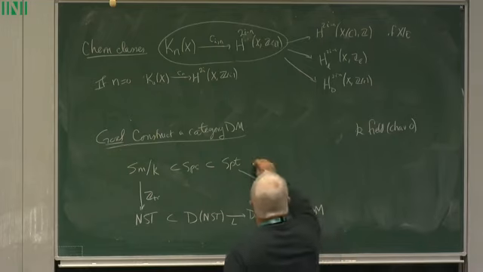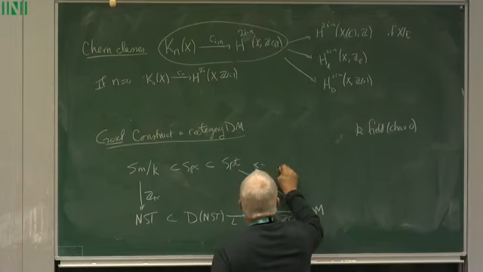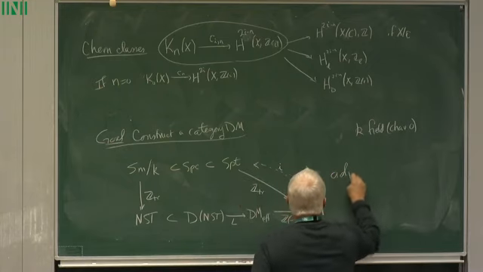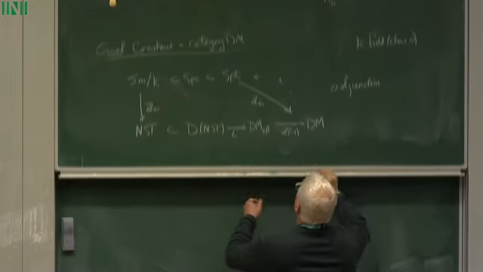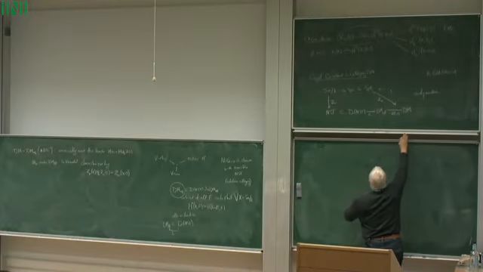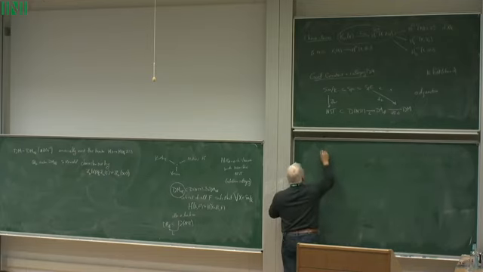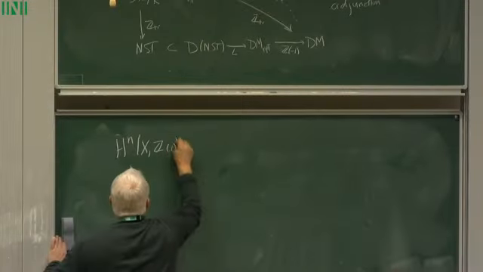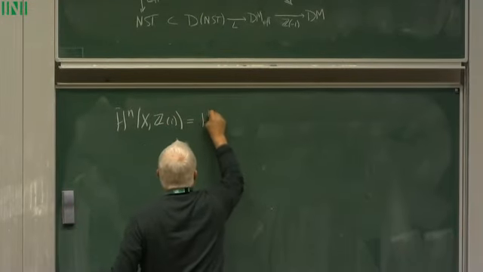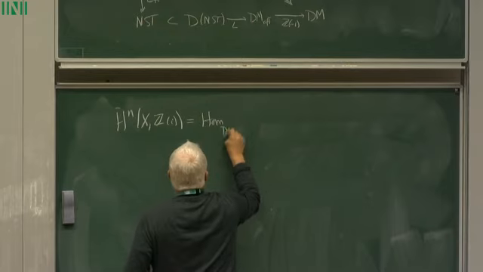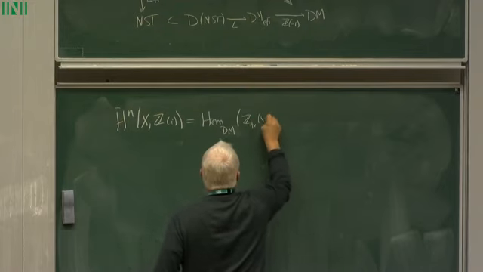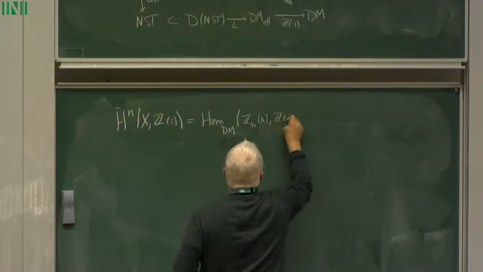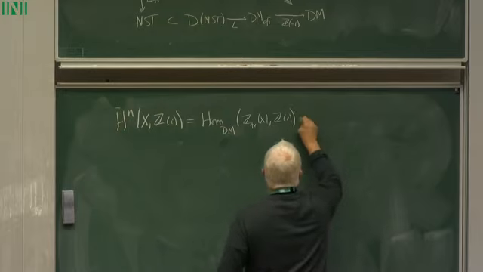And there exists an adjunction, and the effect of this is that we take H^n of X, coefficients in Z(i). This is the same thing as Hom in DM of Z transfers of X into Z(i). But by adjunction,